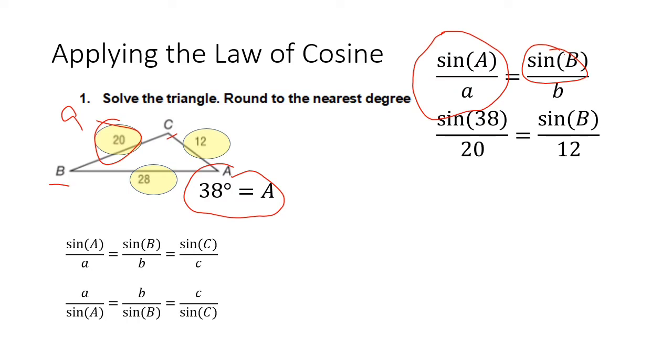So here we put the numbers in order to solve for sine B. The first thing we do, multiply both sides by 12. And now that we just have sine B,